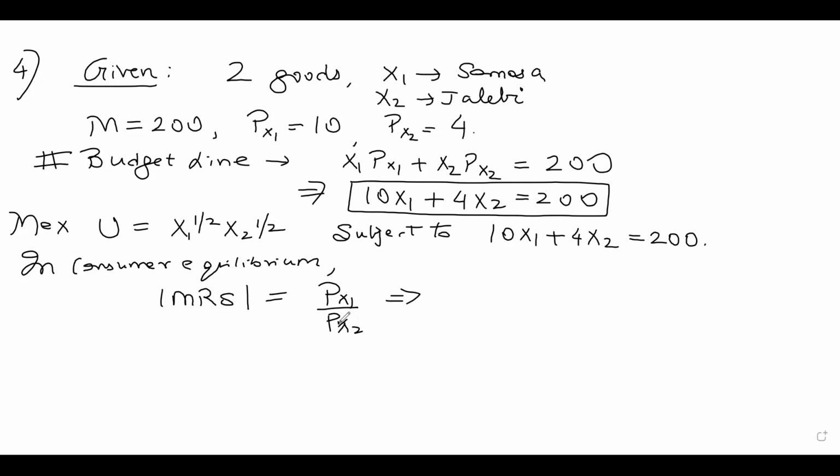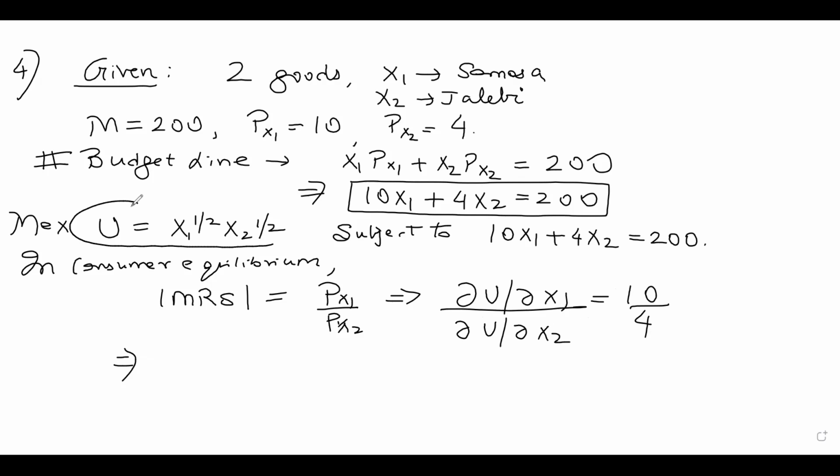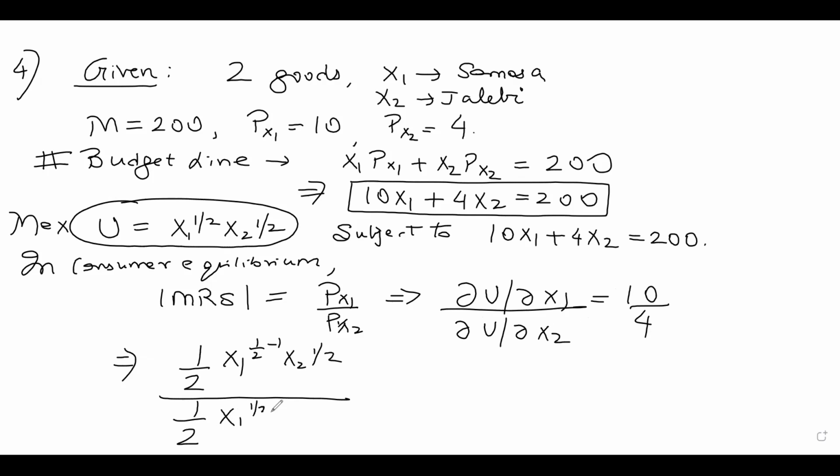So if I calculate the MRS, how do I do that? In absolute terms, it's nothing but del U by del x1 upon del U by del x2. Px1 is 10, Px2 is 4. Okay, so how much is del U by del x1? I partially differentiate the utility function with respect to x1. I get half x1 to the power half minus 1 x2 to the power half upon del U by del x2 will be half x1 to the power half x2 to the power half minus 1 equals 10 by 4,